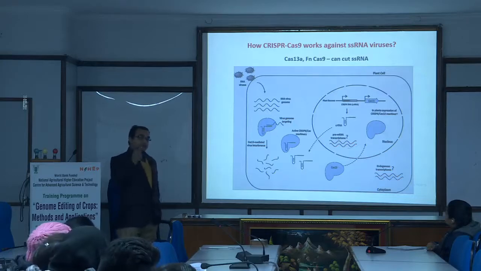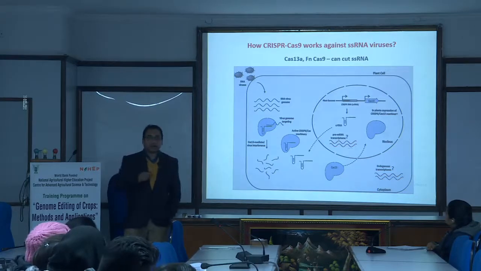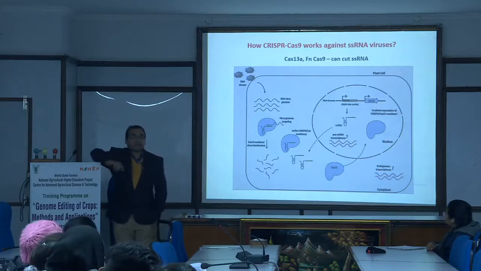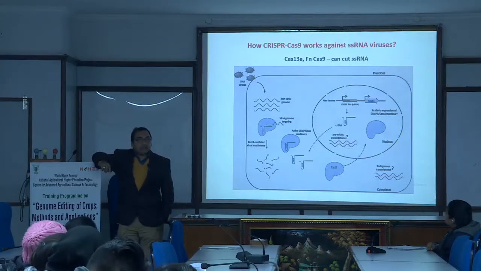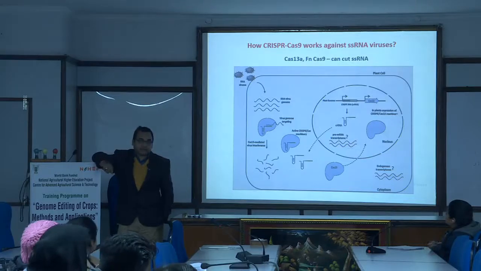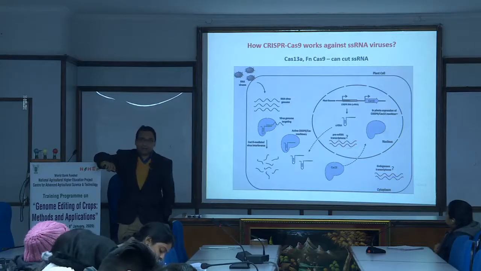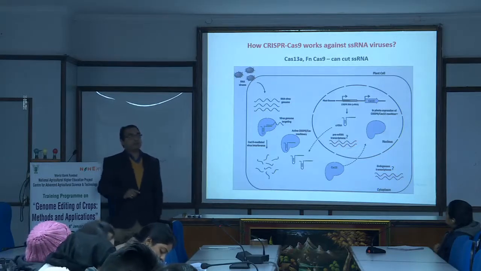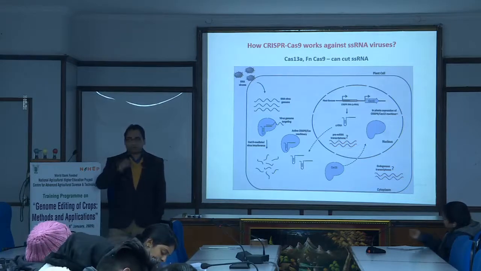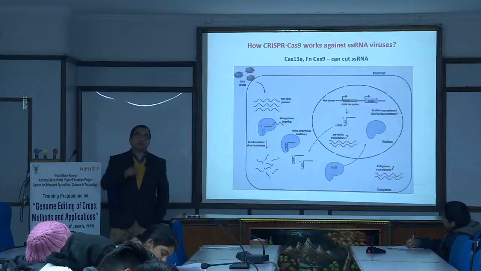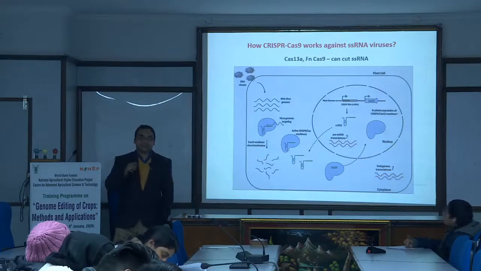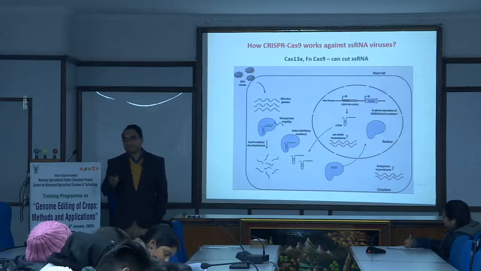Now, in case of DNA viruses and RNA viruses, the difference is that in case of Cas9, we require a PAM motif for targeting the viral genome, but in case of Cas13, we do not require a PAM motif. So that is a very important thing: anywhere, wherever we want, we can target. We do not need any PAM motif, but the problem is that the off-target effect is very high,